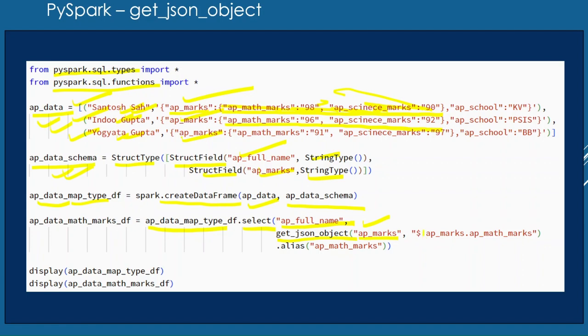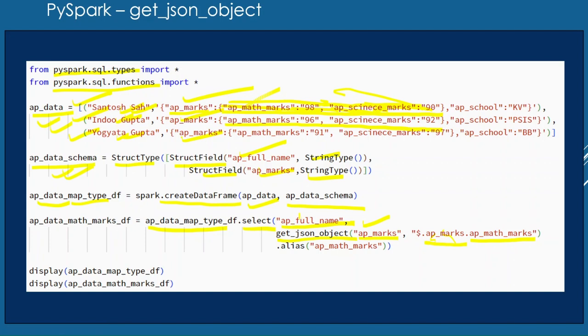This is the AP marks column, the JSON document, or we can say JSON object, and from this JSON object we want to fetch this AP science marks. So this is the whole JSON document, and we want to fetch only this AP math marks. So it is going to give us 98.